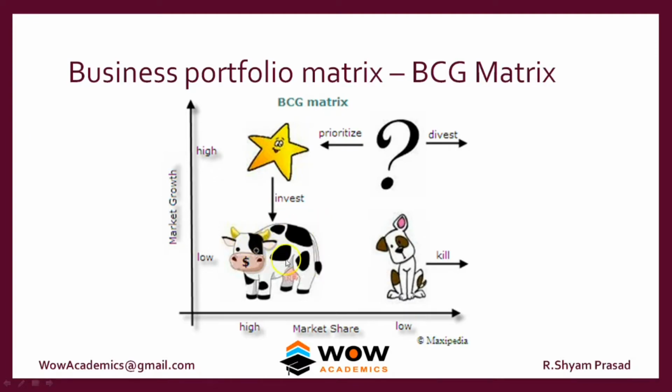One is called a cash cow, the other one is a star, the other one is a question mark, and the other one is a dog. So assume that we have a lot of products; we have to classify them on these bases. Okay, so a product which has a low market share and low growth rate is a dog. A product which has a high market share and a high growth rate is a star. Like that we position them. So first we get a list of products, then apply the 2 formulas, then we know the answer for the 2 formulas for each product, then we put them in this box.